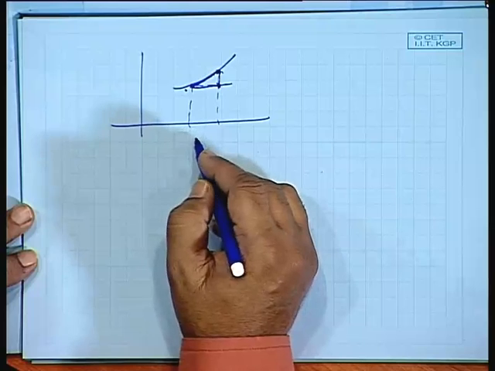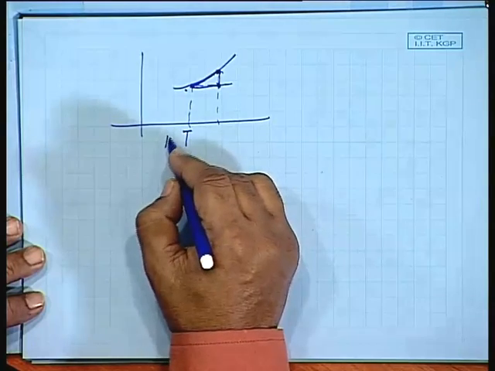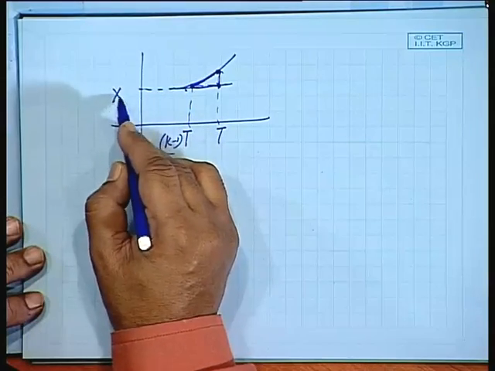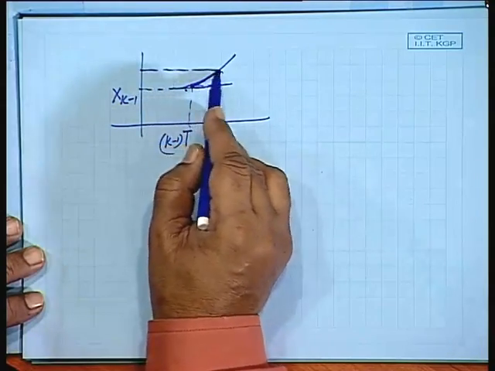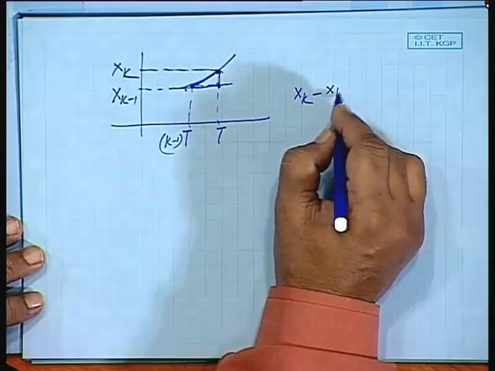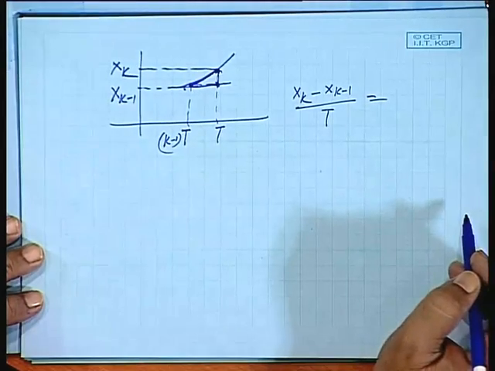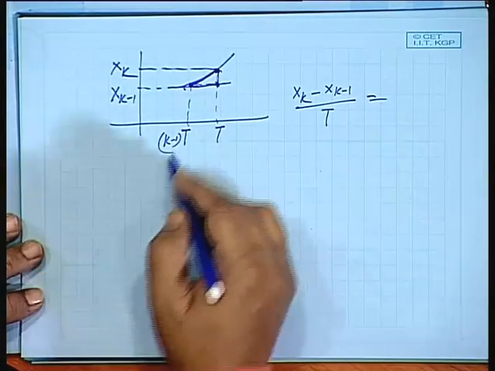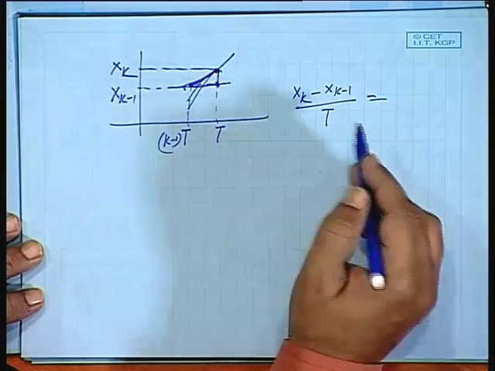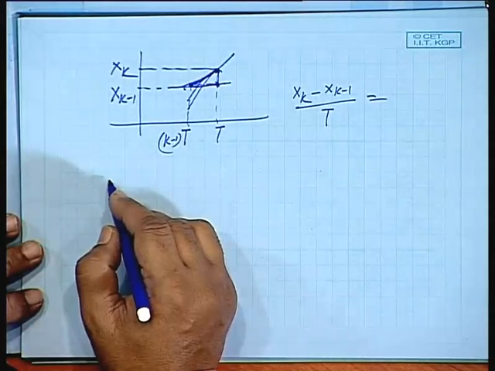So, if this is (k minus 1)T and if this is kT, if this is x(k minus 1), if this is x(k), then x(k) minus x(k minus 1) by T is the slope of this. All right. So, if I have a curve like this, okay, I will come to that later. So, basically the operator s has been